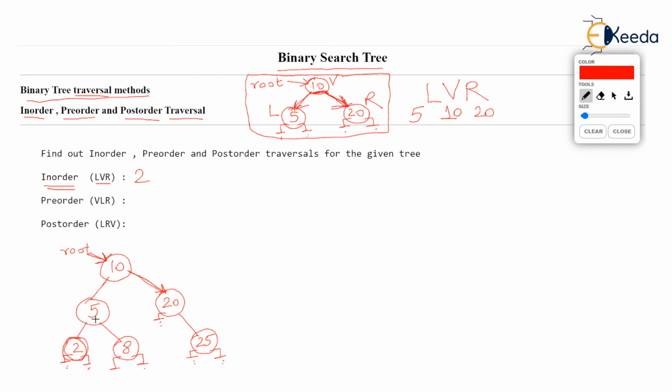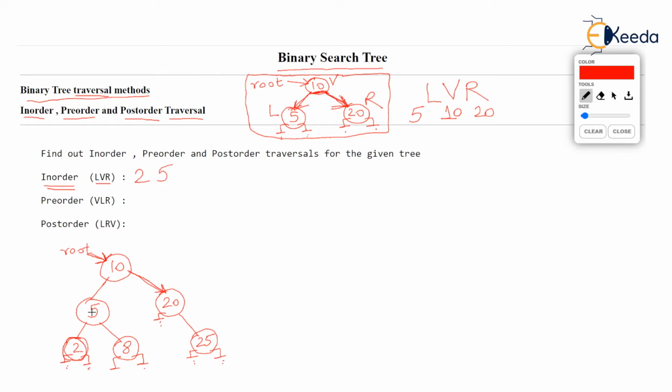And when we are back at 5, we see that left of 5 is over. What was there to the left of 5? 2, it has been printed. So now we can print the vertex because the rule is first print the left child, then print the vertex, and the left child has been done. So when you are back at 5, you can print 5. I hope you are following the video properly.